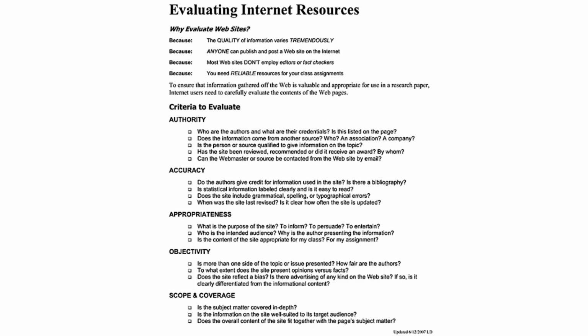Then what is the scope or coverage? Is the subject matter covered in depth? Is the information on the site well suited to the target audience? And does the overall content of the site fit together with the page's subject matter? So obviously all these things you should evaluate before, and especially in scientific communication, you should not believe anything and